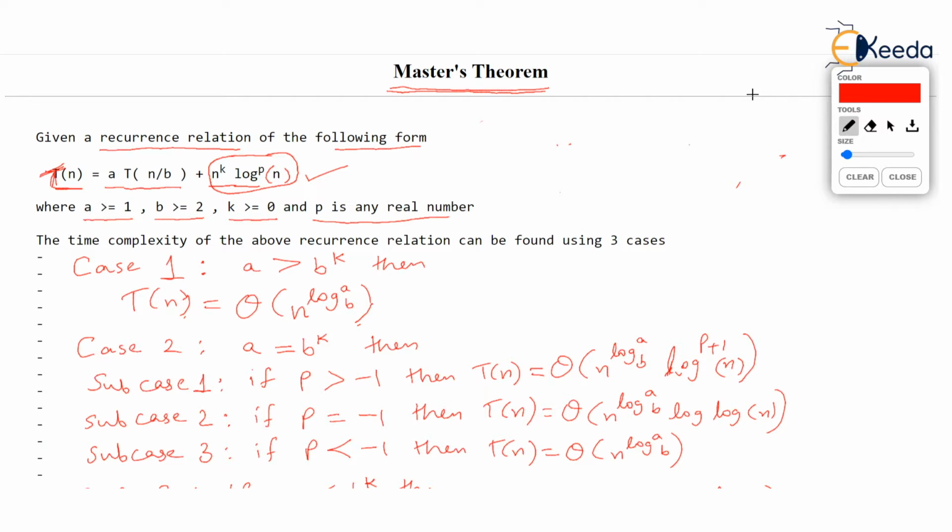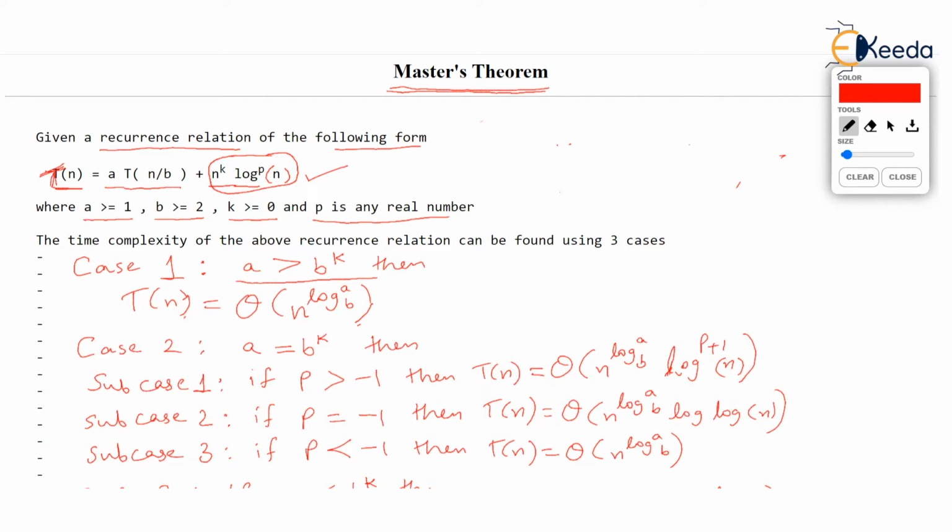Okay. So if such a recurrence relation is given, then we can easily find out the time complexity of this recurrence relation. There arise three cases. Now, how these three cases have been derived is beyond the scope of this discussion. So one way is you have to mug up the Master's theorem. You will have to learn it by heart, or you have to solve enough examples so that this nicely fits in our mind. Now you see, case one is if a is greater than b raised to k,